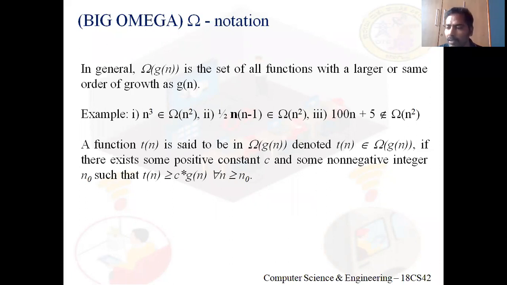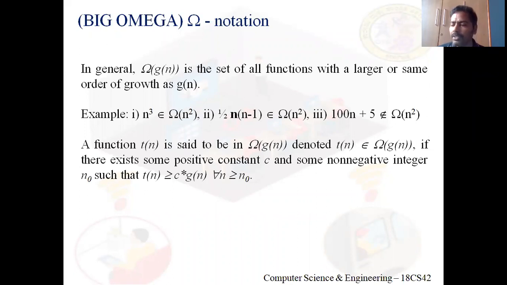So what actually does big omega of linear mean? It is the set of all those functions whose growth rate is greater than or equal to linear. So, let me say you are given two functions, T of n and g of n. Now you will be asked to check whether T of n belongs to big omega of g of n.